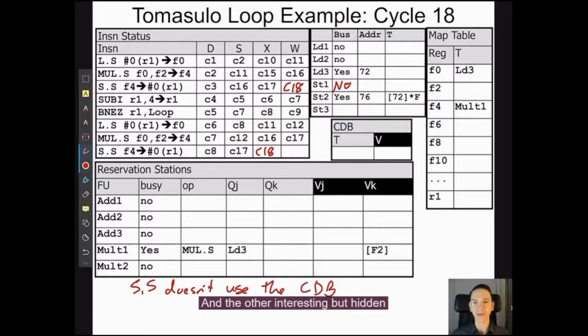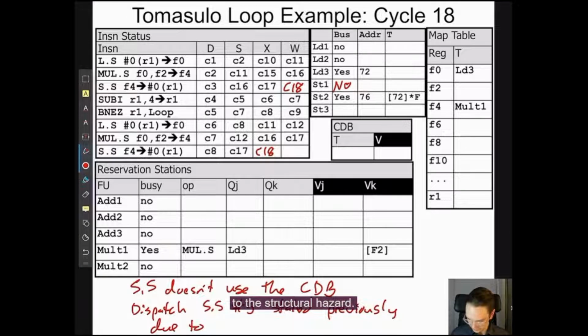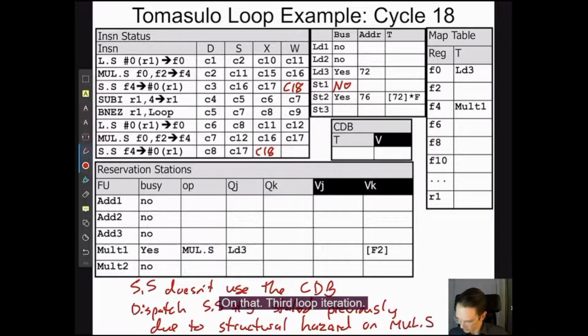And the other interesting but hidden action going on here is that we can now dispatch the third iteration store instruction. Remember, it was stalled previously. It couldn't dispatch. It was still stuck in the instruction fetch queue due to the structural hazard on that third loop iteration multiply that just resolved in the last cycle. So finally, we can pop that third iteration store instruction from the instruction fetch queue, and we're trying to dispatch it. So we allocate a reservation station entry, and I'm picking store 3 down here